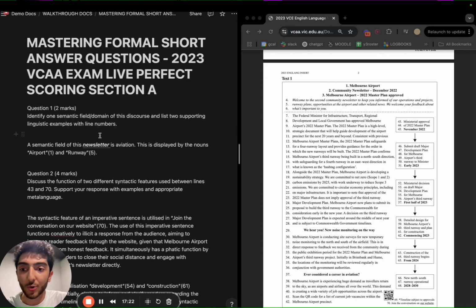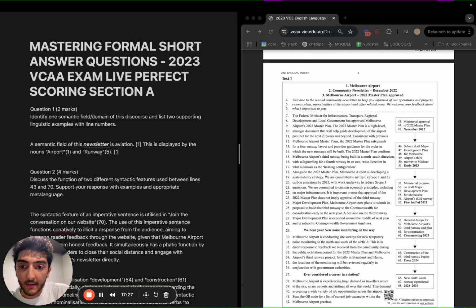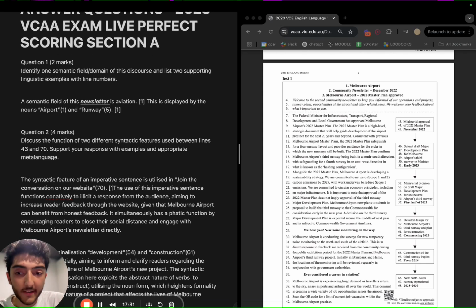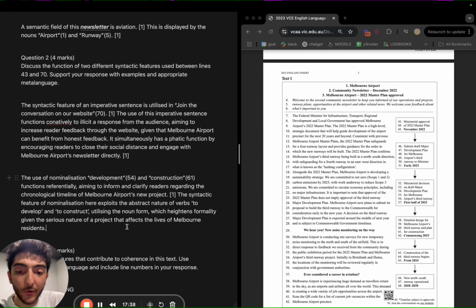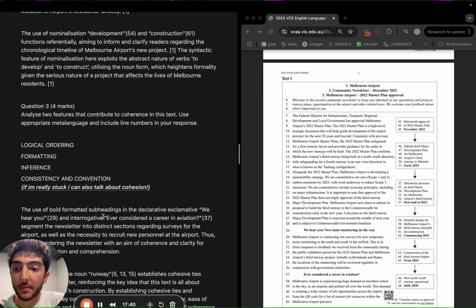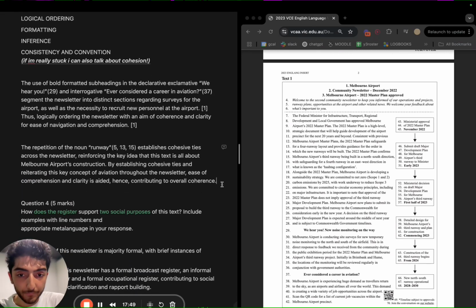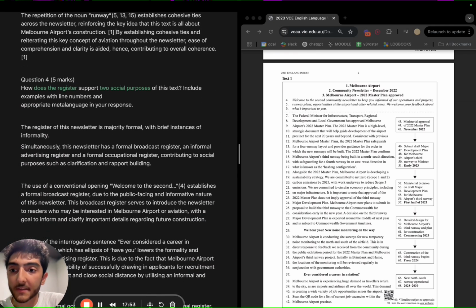So if I'm going to show you where my marks came from, I would have gotten a mark at the end of this sentence, and at the end of this sentence, feel free to pause the video as I go. I would have gotten a mark for identifying here, and by the end of my analysis here, a mark at the end of this sentence. Notice how I make it easy for examiners to justify giving me marks. And I would have gotten a mark at the end of this sentence, at the very least, at the end of this sentence. Same at the end of this paragraph, same after this sentence.